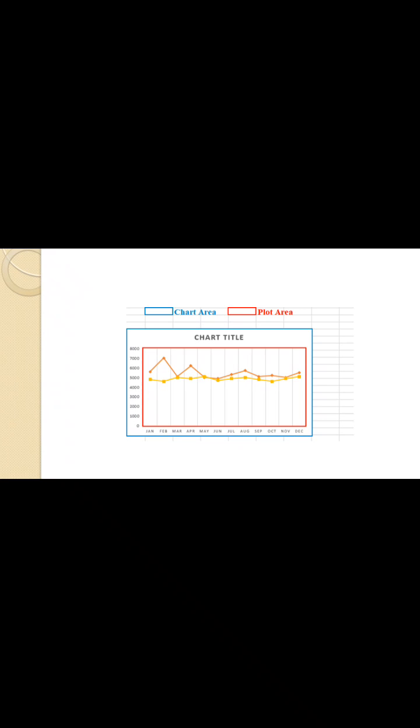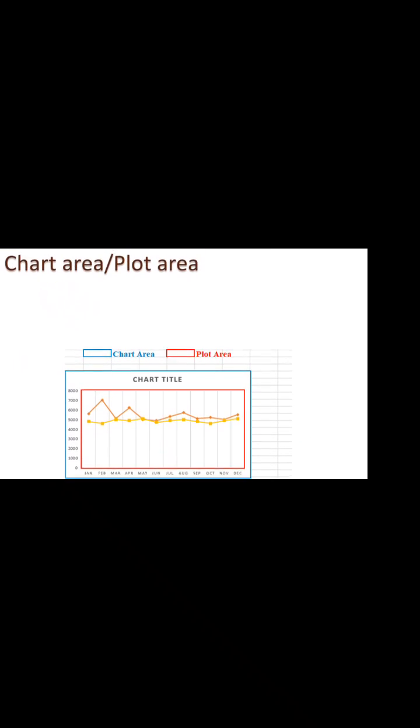Fine. So this blue box shows the chart area, which contains all the objects of a chart. Now this red box shows the plot area, which contains the actual chart itself and includes the plotted data series, category axis and value axis. So I don't think you have any doubt in these two things. These two things are very clear: what is the chart area, what is the plot area. Now next is